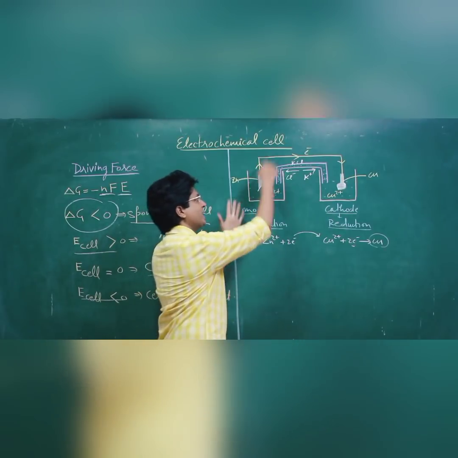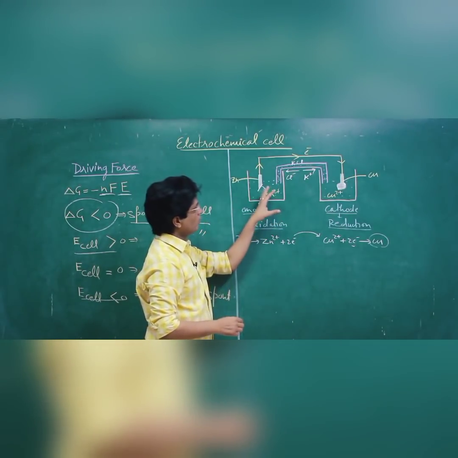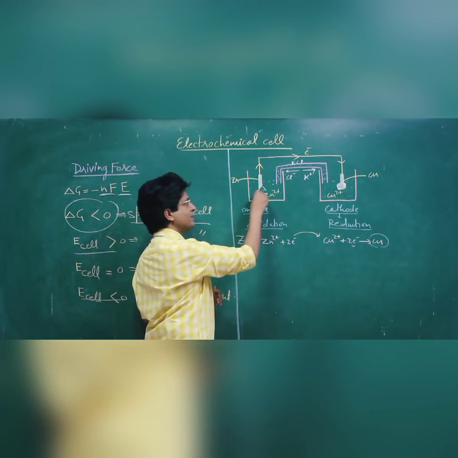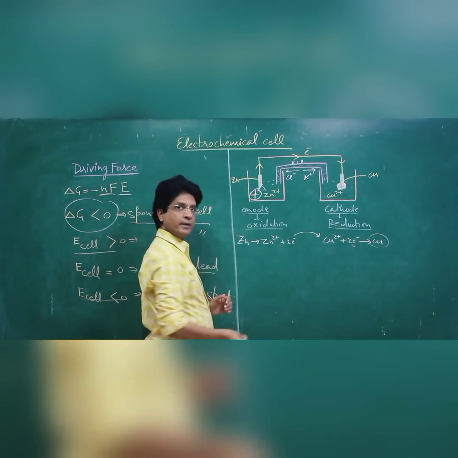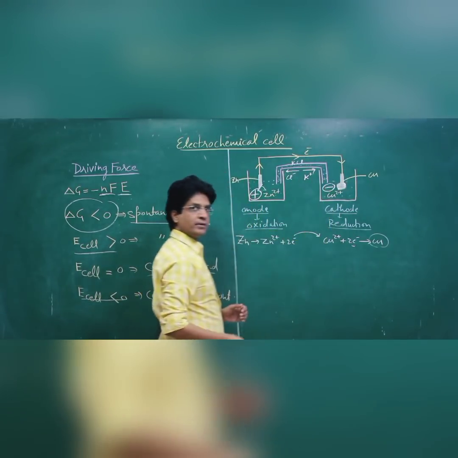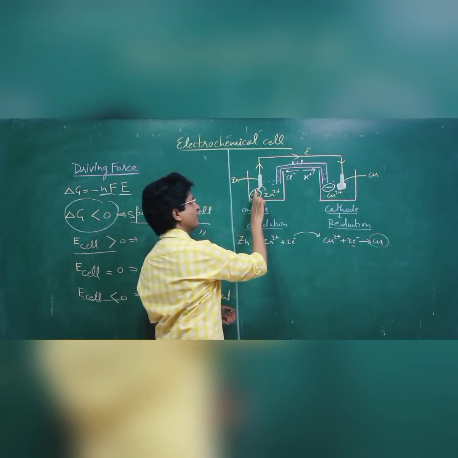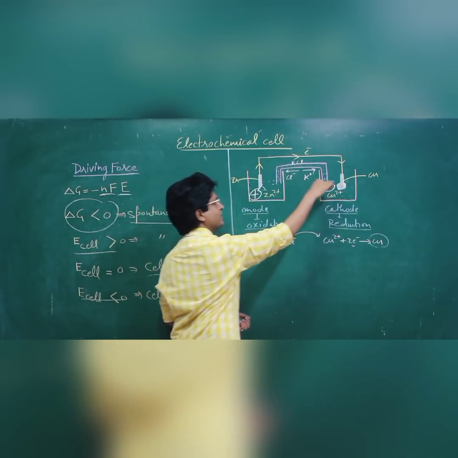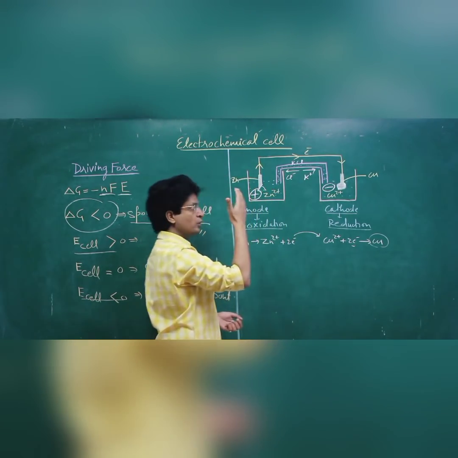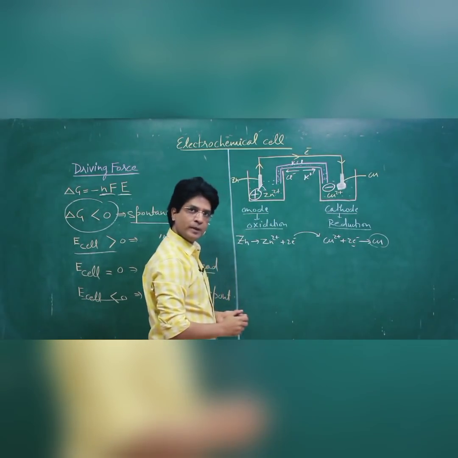Now as soon as the cell starts working, it will also stop working, and the reason being, as we have more and more zinc ions, a positive charge will develop here. And as the electrons go there, we'll have an excess of negative charge. Now this positive charge will not allow the electrons to move up, and this negative charge will not accept the electrons, they will rather repel them. So the current will stop flowing.